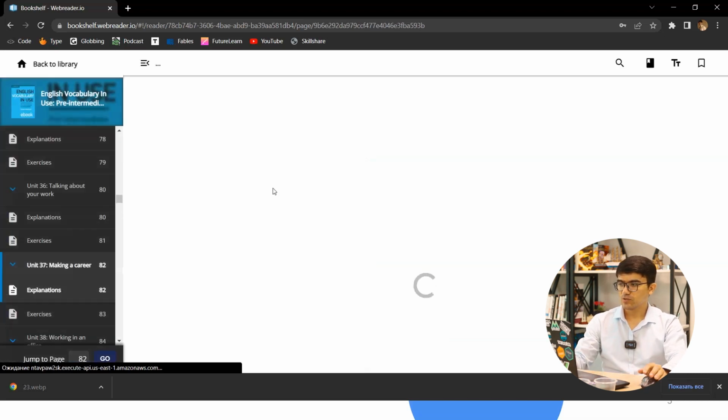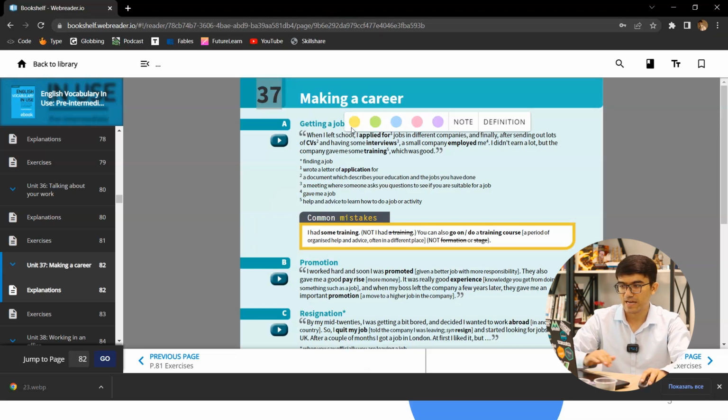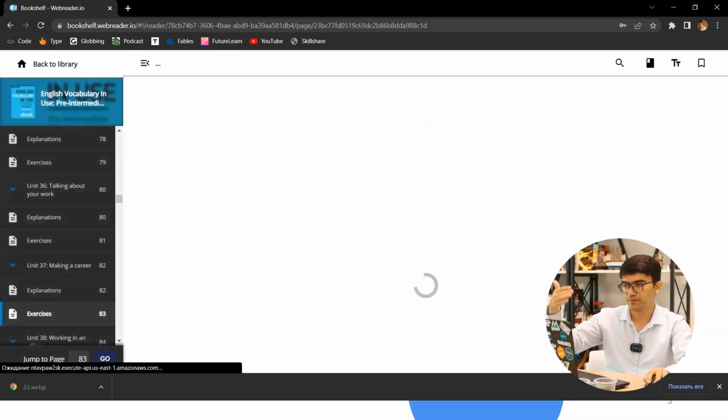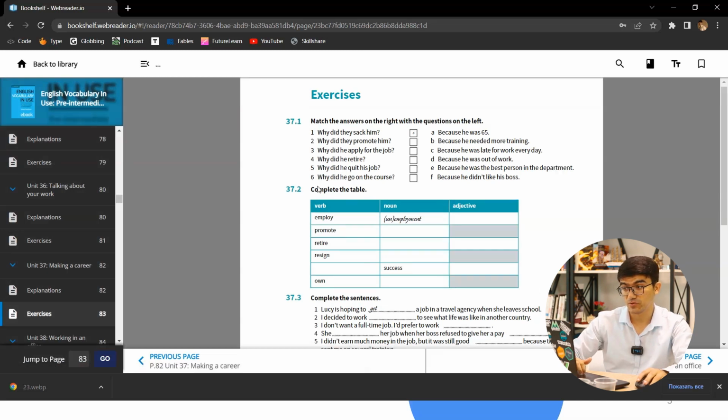I recommend studying books from Cambridge, like Vocabulary in Use and Collocations in Use. As you can see here, it's topic-based and there are lessons on each topic with some wonderful vocabulary, and after that you will be given tons of exercises,